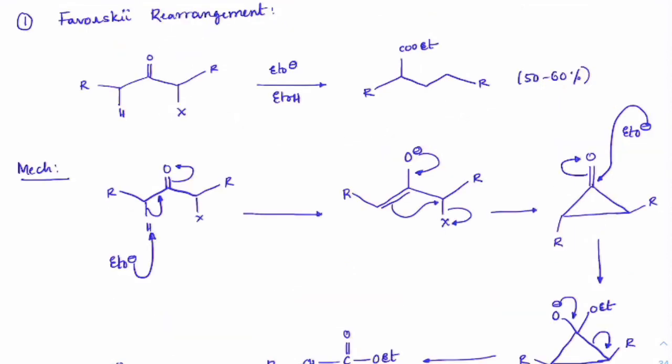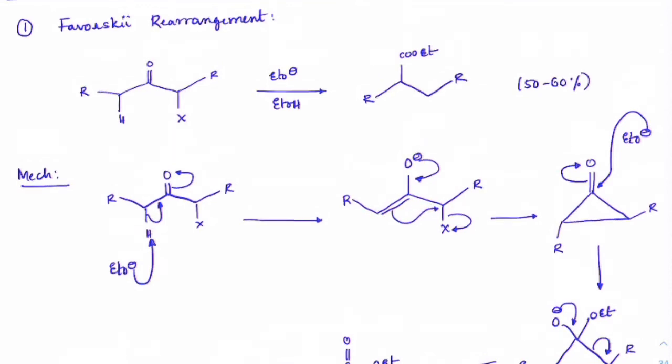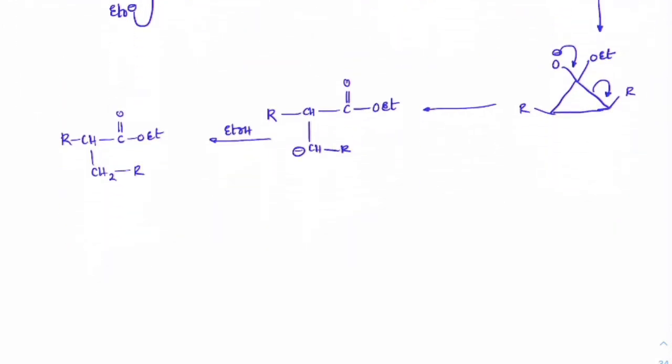And in NMR spectrography there is a proper evidence of this cyclic formation, right? Which is clearly showing that EtOH will attack on this alpha hydrogen also and forms this cyclic form. Okay, I hope all of you understood what is Favorskii. Let's see how the question is being asked.